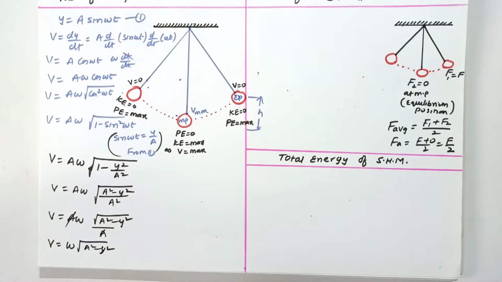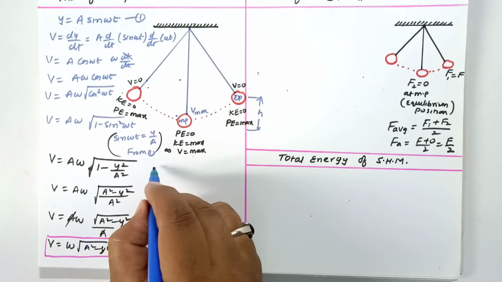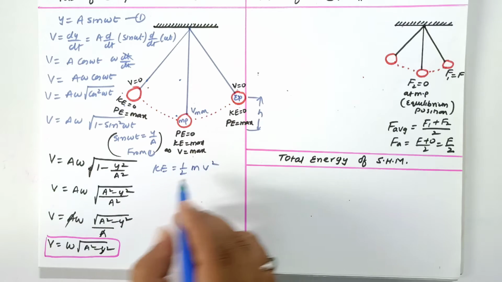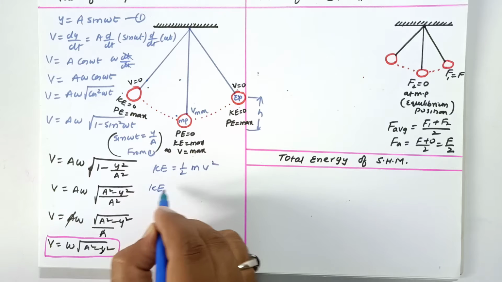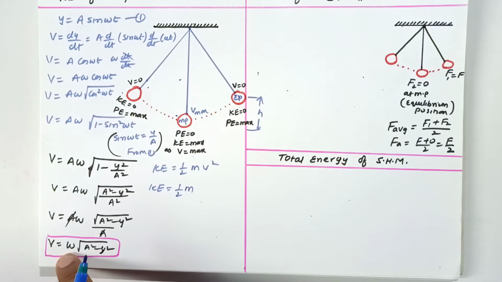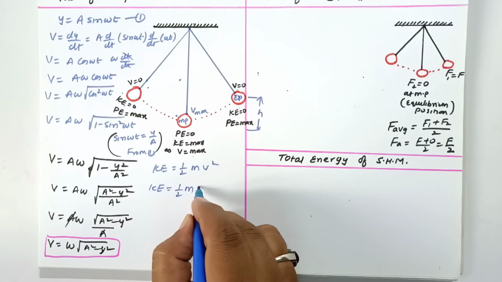Okay, so this is the formula for velocity, which has already been discussed in the previous class, but I am just revising it. Let us see what is going to happen now. In this case, if you observe velocity, then you need to find the kinetic energy. You know kinetic energy is nothing but half mv square. So kinetic energy will become half into m into v square. Substitute the value of v square here. How much are you going to get?